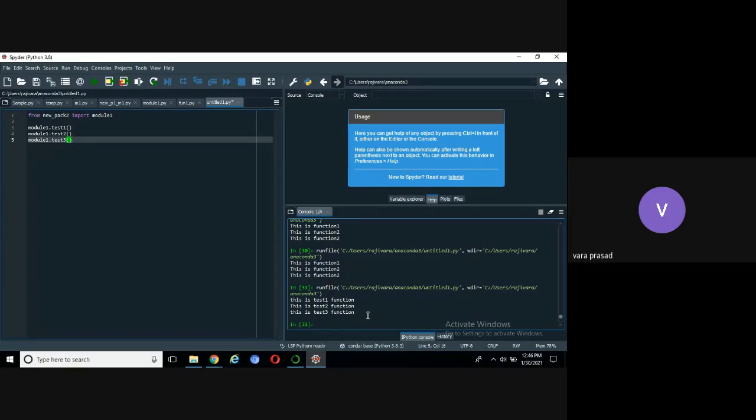But in the previous concept, we directly interacted with the module. But right now, instead of interacting with the module, first we link to the package. From the package, we get the required module or modules using the import keyword. To import from the package, we start with from, package name, import, modules or subpackages.